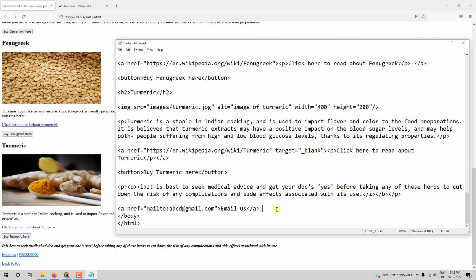Okay, pipe symbol. And now we need one more option to call a number. So once again, A, and the phone number: 1 2 3 4 5 1 2 3 4 5, 5 5, and I'll close the A tag. All right. So A and A, and here